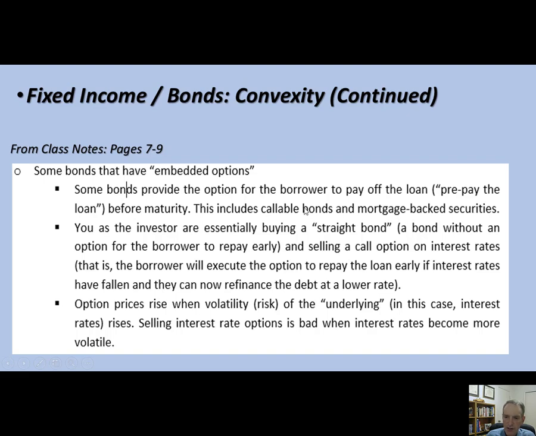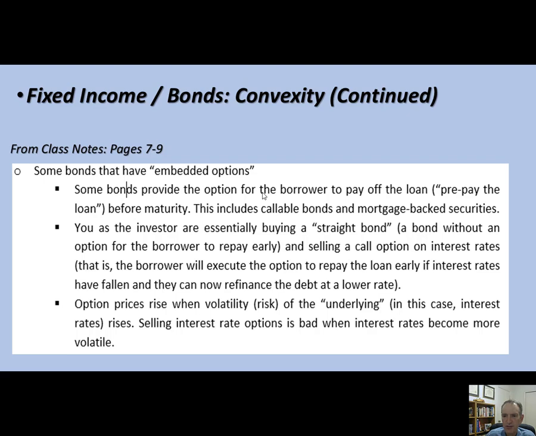So a callable bond is when a corporation borrows money and they have the right to pay the bond off early. When would they do that? Well, if they borrowed at 7% and now interest rates are 4%, they'll go out and borrow money at 4%, pay off that 7% bond, and they'll save themselves a lot of interest. You as the lender loaned them money at 7%, and now they're paying it off early. When interest rates are 4%, you're pretty upset. You had a bond paying you 7%. Now you get all your money back early. What are you going to do? You have to reinvest at 4%.